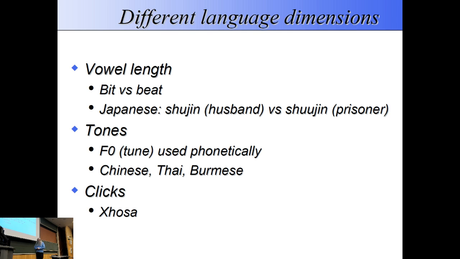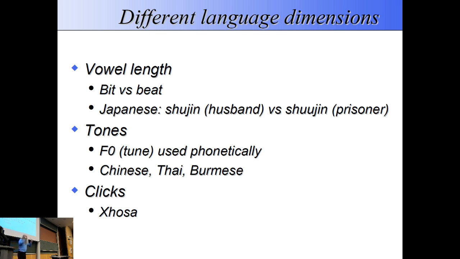But the word shujin is husband, and the word shujin is prisoner. So you want to be very careful about when you're using these words and saying, you know, good morning, how is your honourable prisoner this morning? It's not the standard way to greet your neighbour. She also would teach English and she would teach Japanese to foreigners. So she was very conscious of this particular form and commented about this in her class in front of everybody else when she just said, one of my neighbours who is learning Japanese, oops, me.